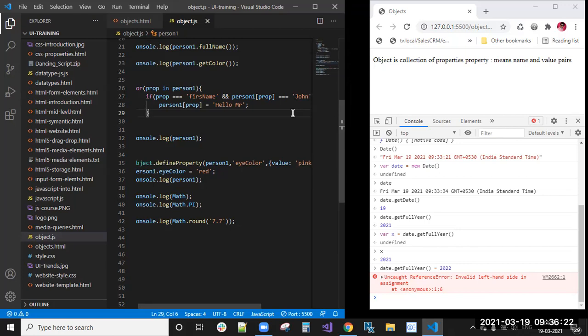Create one object. You can take any object, like the car or the person I have taken. Similarly, you can take a student with a name, a grade, a class, a university. Take some properties like that, change the properties and values, and try to delete the properties. Using a for in loop you can change the property values. You can practice something like that.